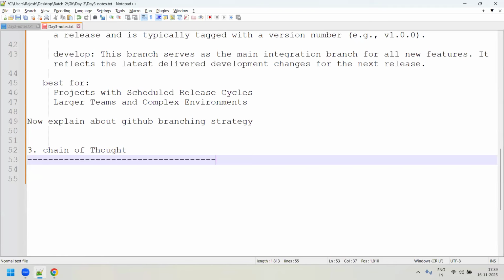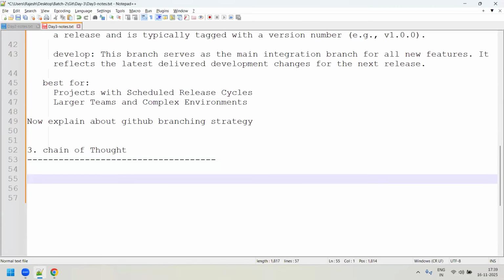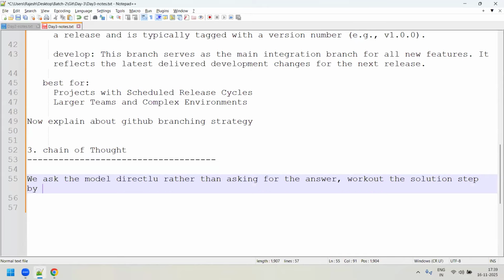So in chain of thought, rather than asking for the answer, we ask the model to work out the solution step by step.